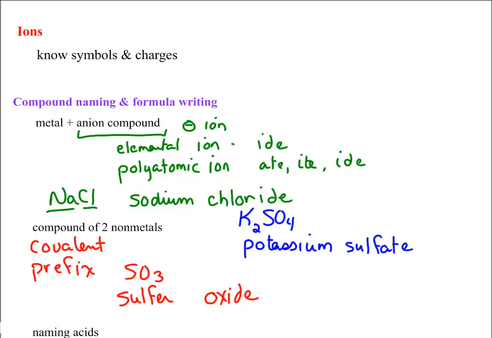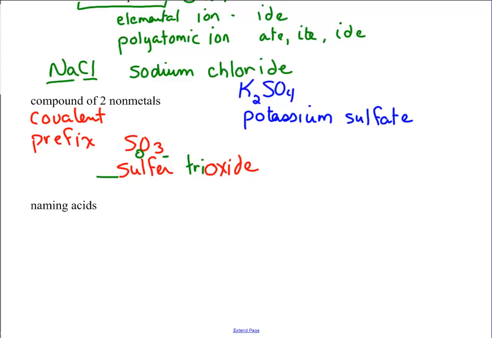But I don't have one, I have three of them. So I have to use the prefix for three, which is tri. My first element, if it has only one, then I don't have to worry about a prefix. If I have a compound where both elements have more than one, something like this, again, I'm going to name